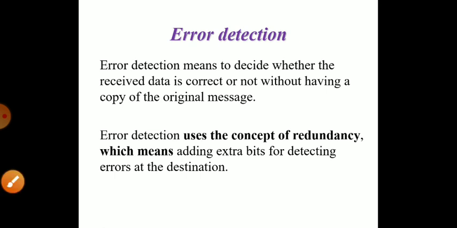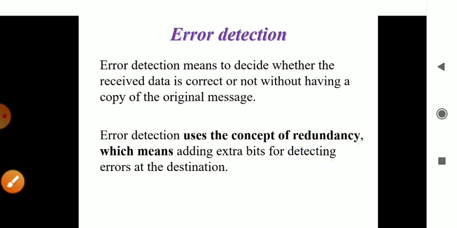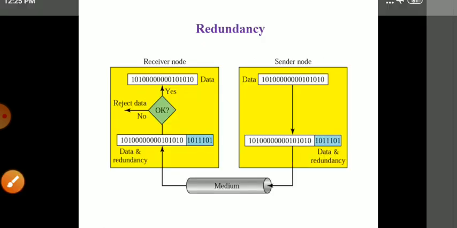Mainly it is concerned with the redundancy test. You may add an extra bit and check whether it applies in the same way or whether there is any problem. You may check bit by bit, you may convert those bits. That happens in error detection. A trial and error method, you can say, that happens over the data which you have sent. So that is error detection.